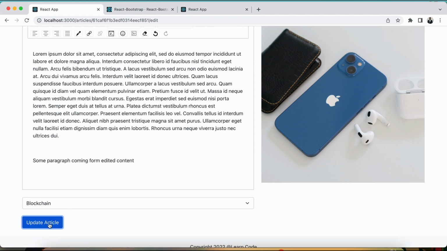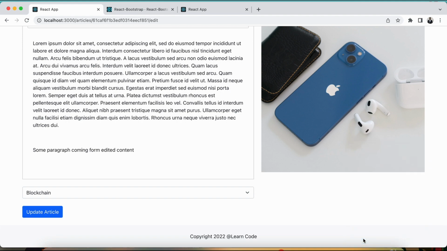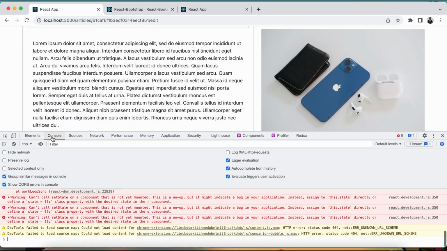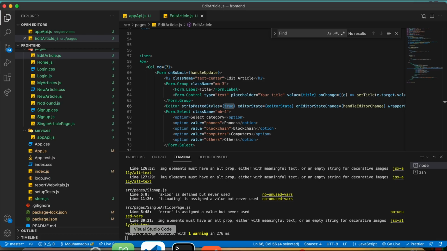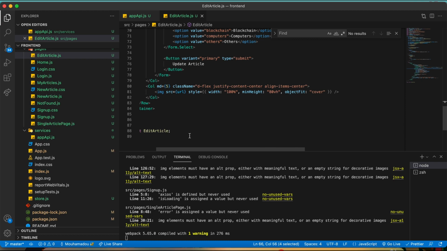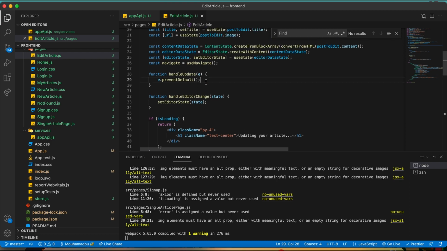Update. Let's see why it doesn't work. Inspect. Update article should call this handle update. So the handle update is